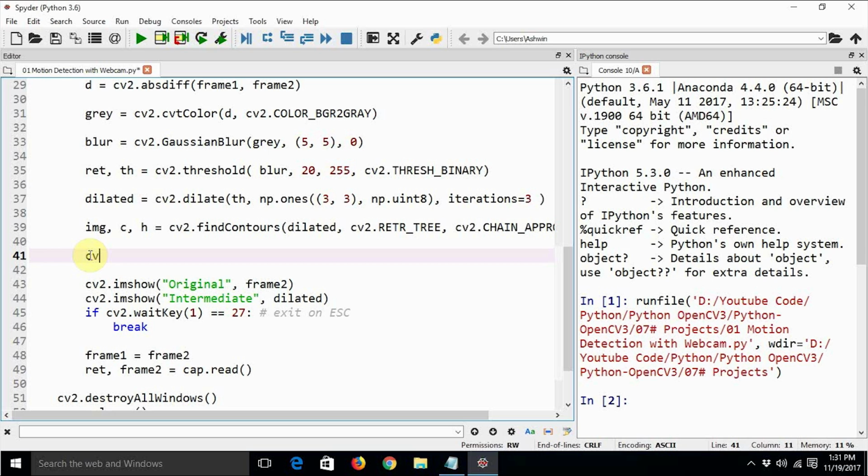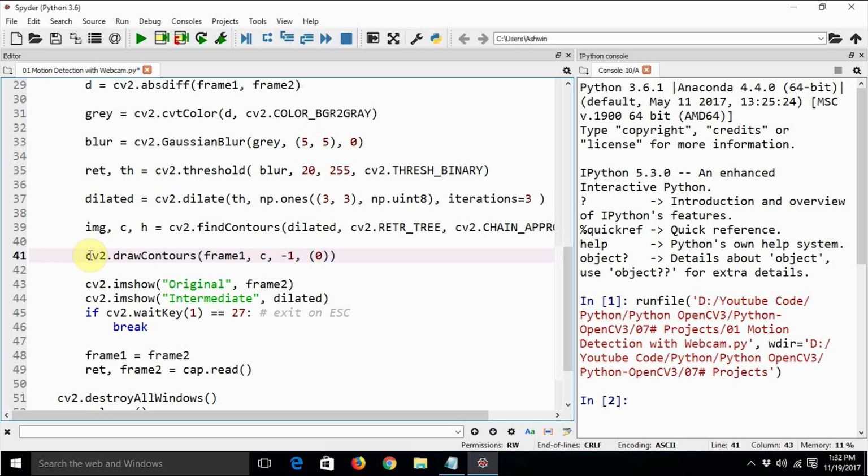So cv2.drawContours on frame1. Okay, and frame1, comma, contours, comma, -1, comma, any color.